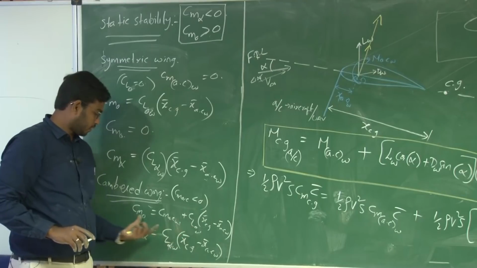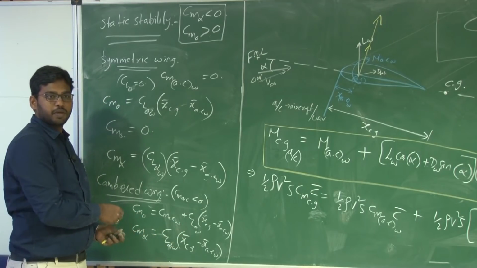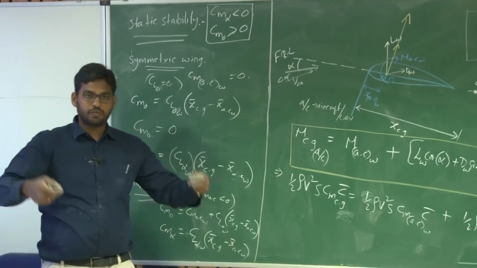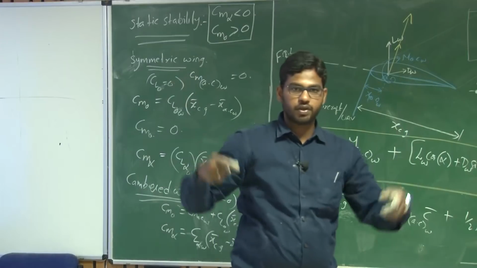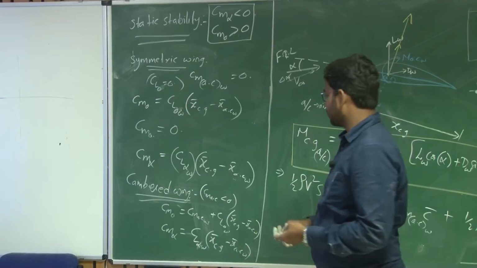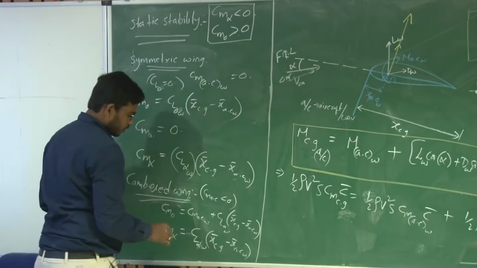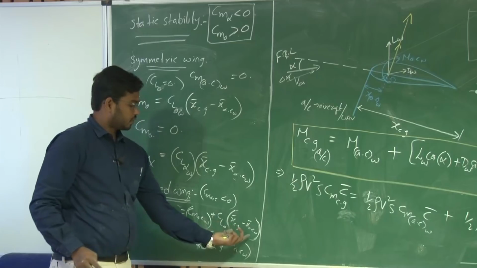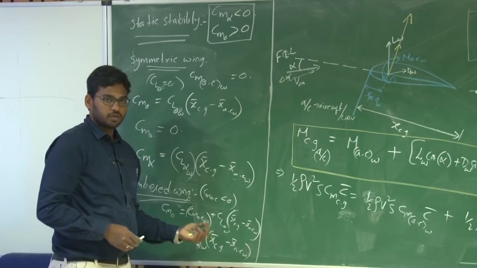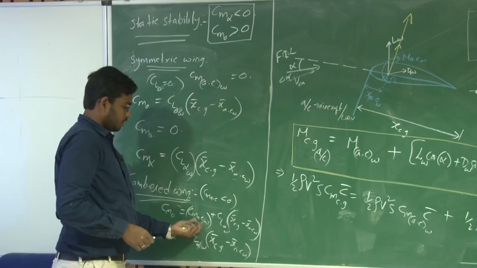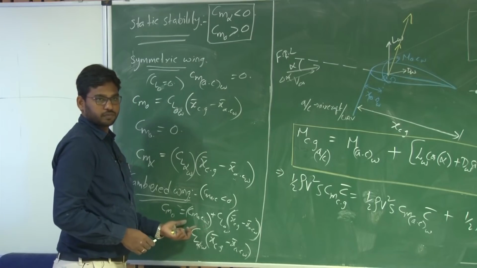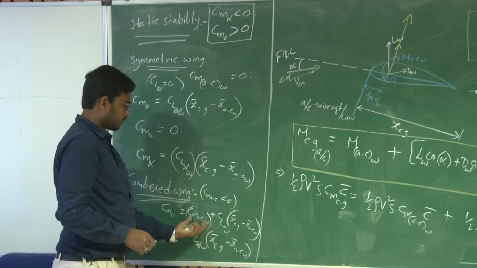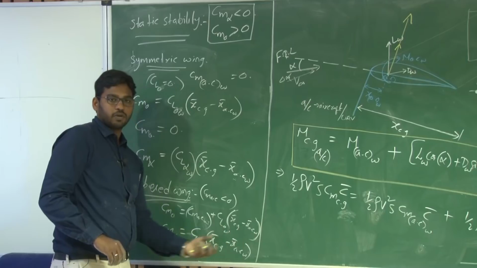So this Cm naught is becoming negative, that means you will not be able to trim at positive angles of attack. So for a wing alone UAV, in the introductory lecture we witnessed the flight test of a wing alone UAV, right. If you want to design such a UAV, you need to use a reflex aerofoil, and the static margin, the distance between CG and AC, you should choose in such a way that Cm naught will be positive, marginally stable, marginally ahead, and this quantity should be higher than the product of this quantity.